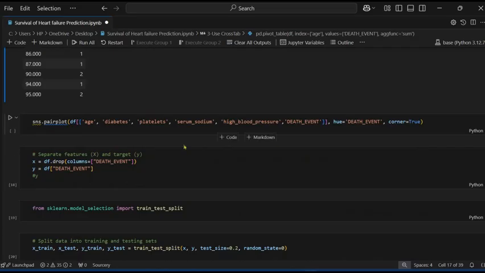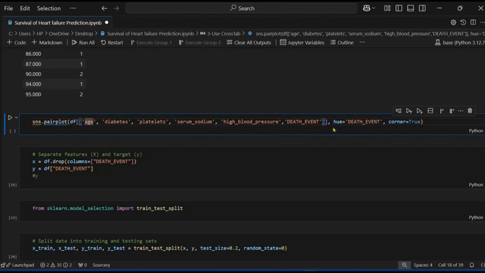Now pair plot. As the name indicates, a pair plot is used to plot pairwise relationships between the variables of the dataset. These are the dataset column names. This is sns.pairplot(df), where I pass the age column name, diabetes, platelets, and serum sodium.